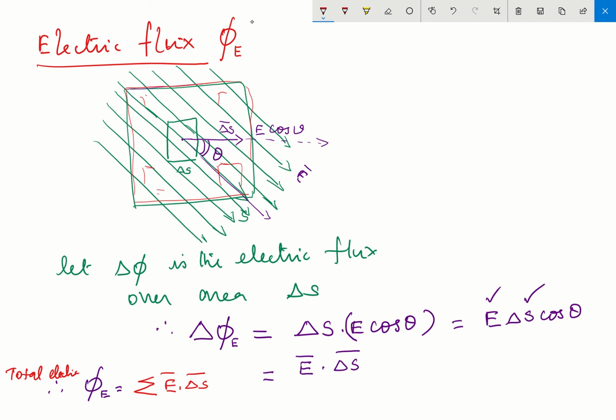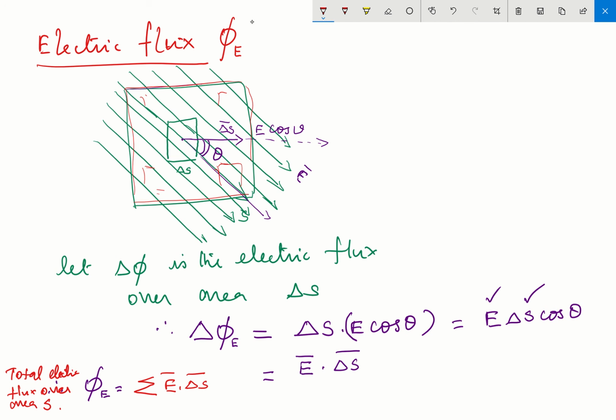electric flux over the area. Yes. Therefore this is the case. But it is very tedious, because you have to take innumerable delta S here. Delta S itself I have exaggerated, otherwise for a diagram it would be very big. It is a very small area vector, an area element. So like that innumerable areas, and you have to add everything. It is very tedious.